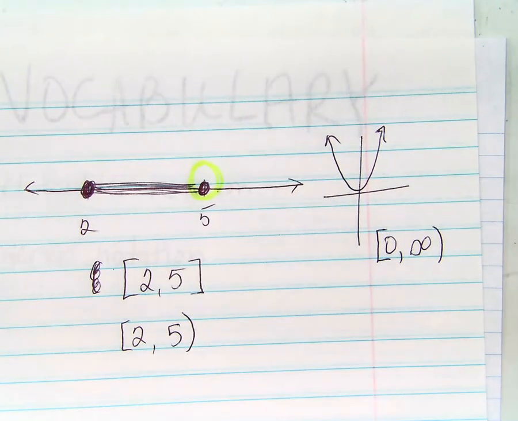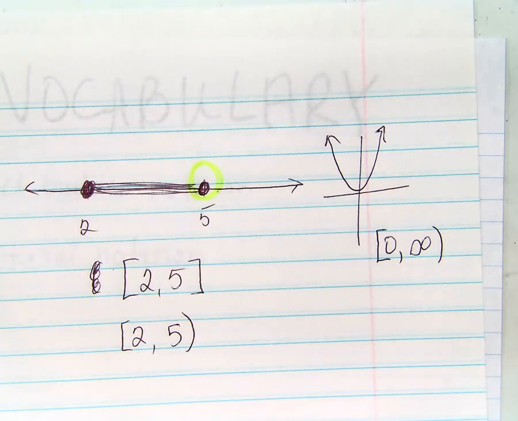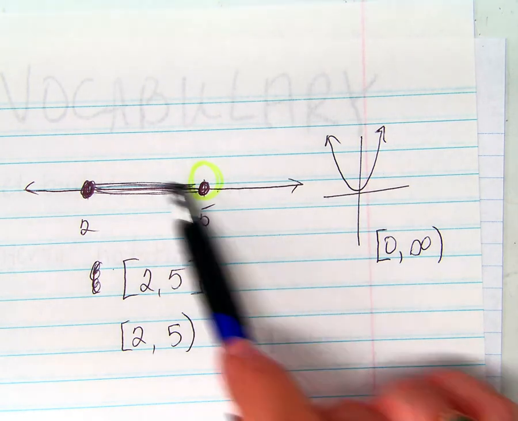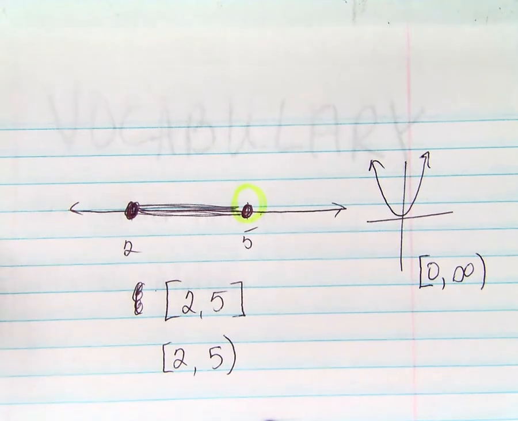That's why what we're doing today is what? Writing domain, right? We're writing domain. We're going to write domain because we're only talking about a number line. We're only talking about our x values, okay? But there's more than one kind of notation, isn't there? There's interval notation like this is, and there is